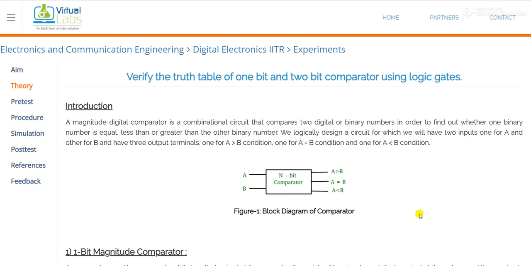Hello everyone. So in the last lecture we covered the code converter. Okay, so in today's lecture we will cover the comparator, the 1 bit comparator and 2 bit comparator using logic